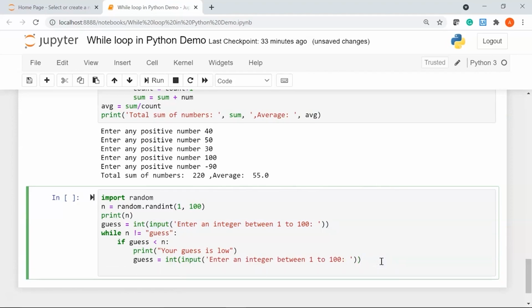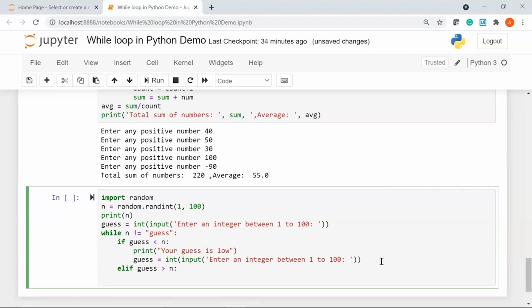Now I'll say elif: if my guess is more than my random integer, I'll just copy this, and we are going to print your guess is, let's say, high.